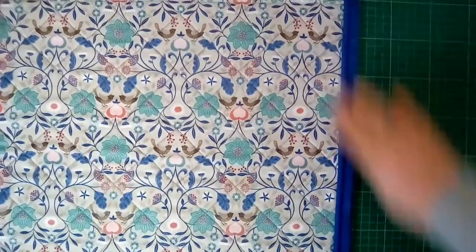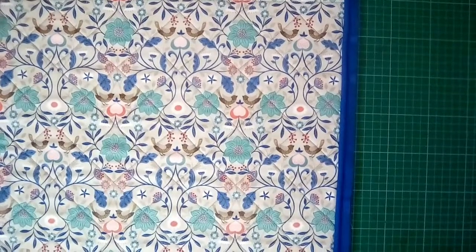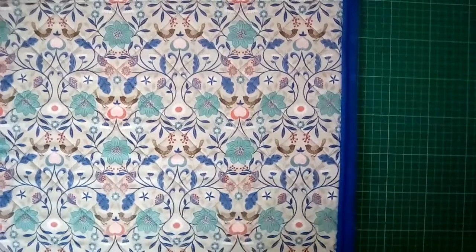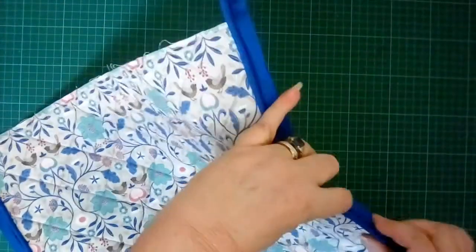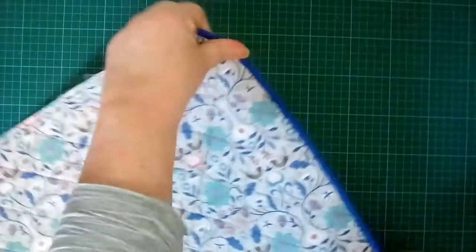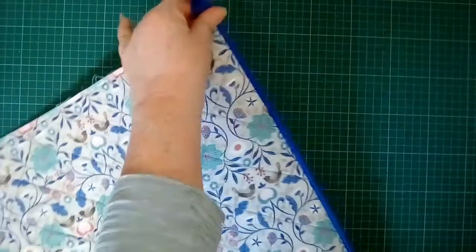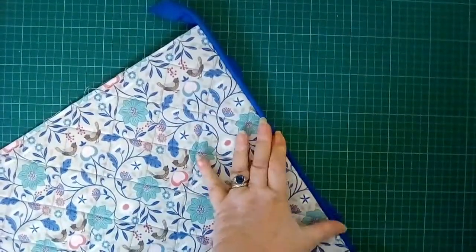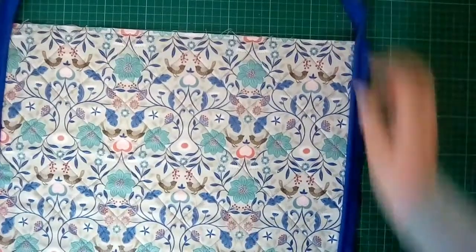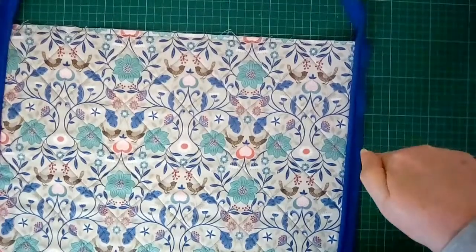I've sewn the piping on down the side. The secret to now, because if I show you this, if I turn that under now, see how nice and crisp that is. Yeah, and the secret to getting it nice and tight is, if your needle is coming down,